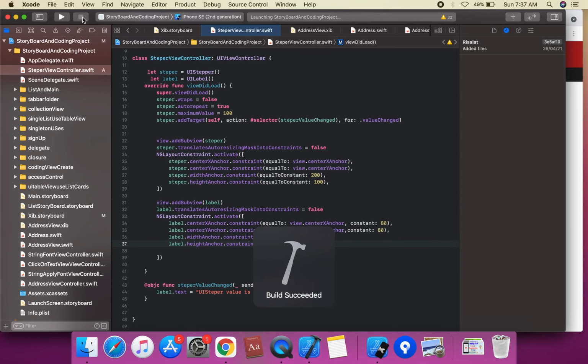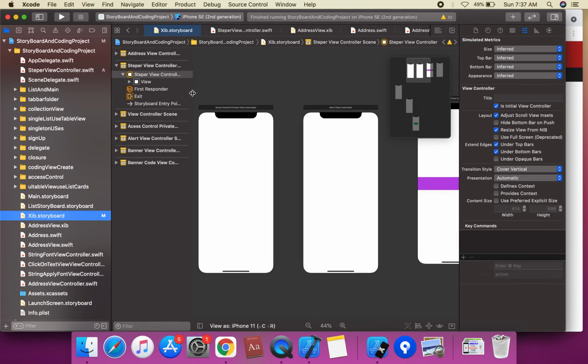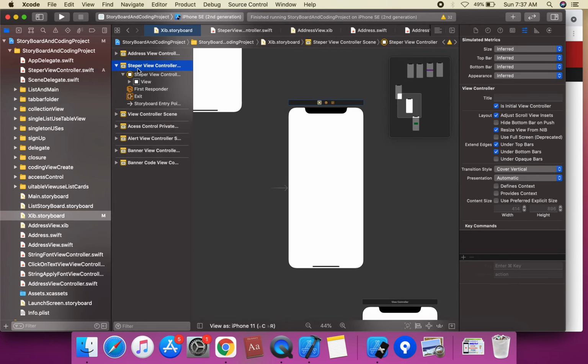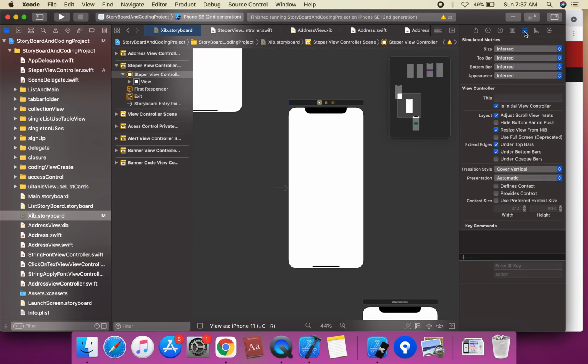We can set this as the initial view controller. This is the XIB storyboard, the stepper view controller, and we can extend the stepper view class. This is the initial view controller.